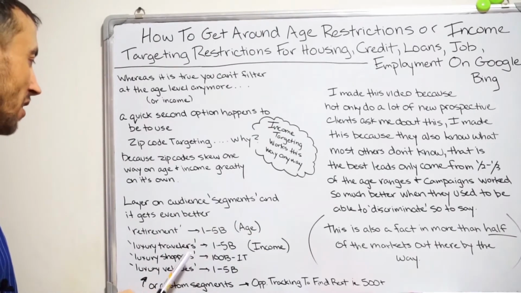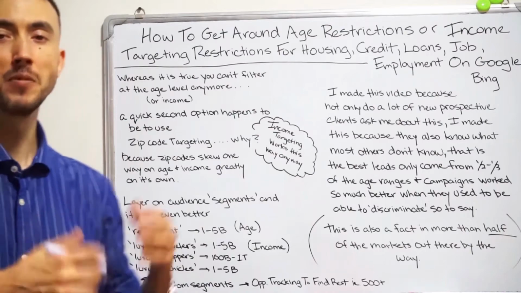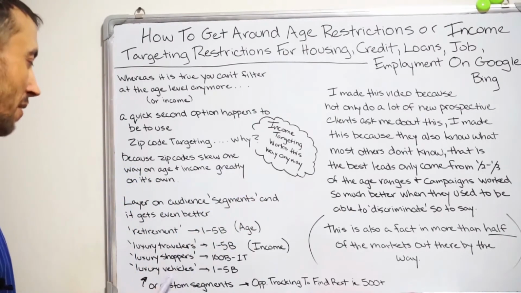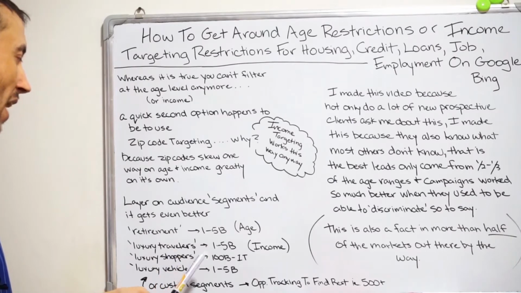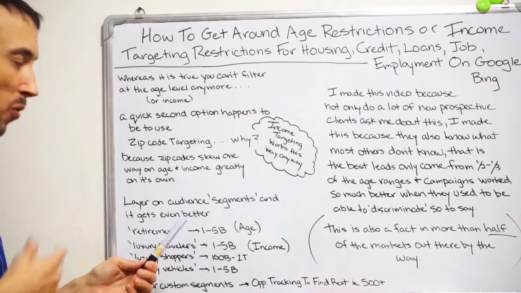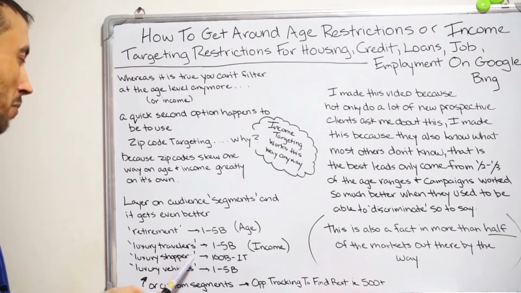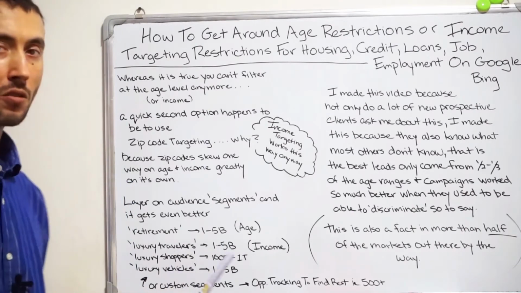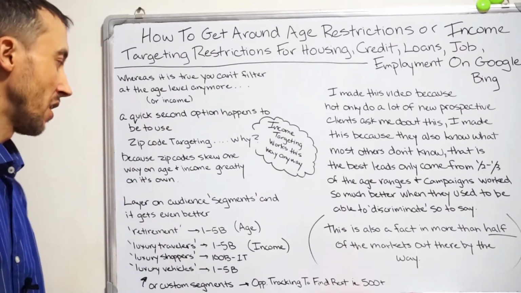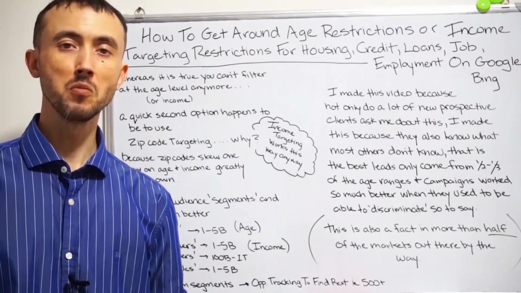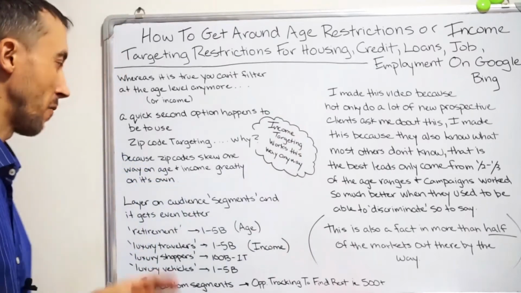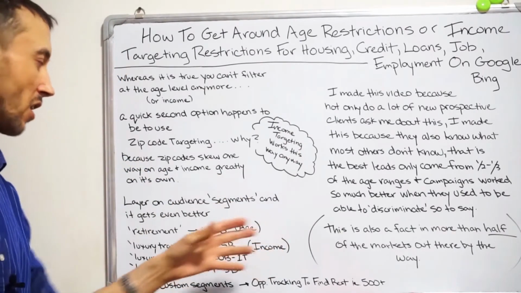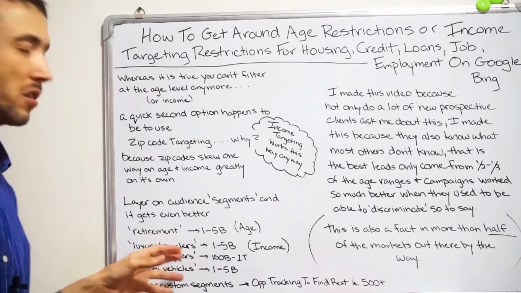But for the income targeting, if you need somebody in the top 10 to 20% of income or just top 10% in general, I would add these 3, and then I would do the same thing as I told you before for the retirement one. Do a plus 900% bid adjustment if they are in one of these 3 segments here, and lower the bids on all our keywords by default by 900%, so that effectively our ad for our keyword is not going to trigger unless they're in one of these 3 segments.